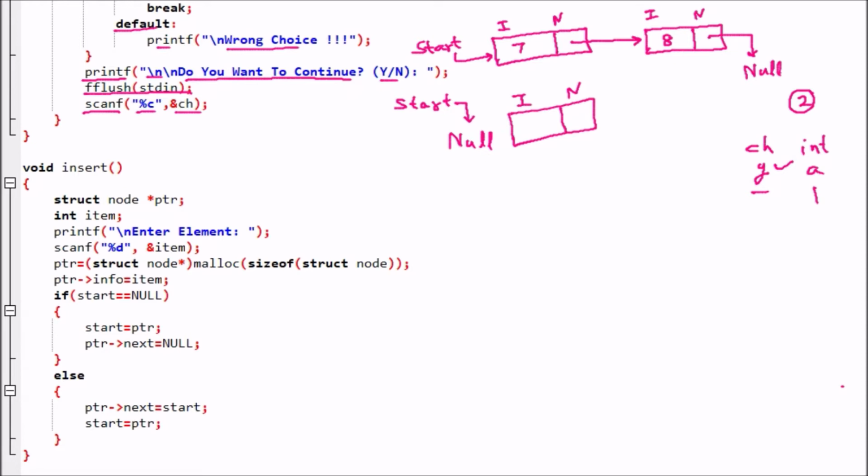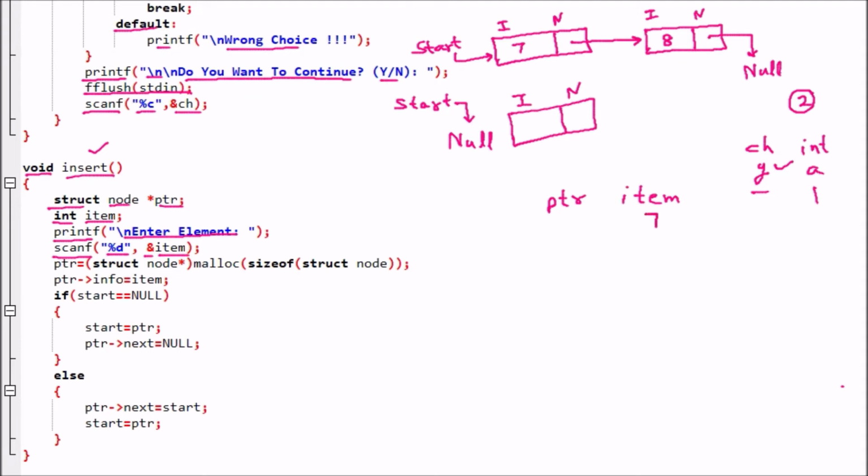We are now working on case number 1. Case number 1 says insert. So here, void insert, we are going to work on the insert function. Whenever the user presses 1, the insert function will be called. struct node star ptr, so one ptr pointer is declared. Afterward, int item, so one item variable is taken, integer type. Printf enter element, so on the user screen there is a message, enter the element. Now scanf %d, which is for the integer value, at the address of item we are asking from the user.